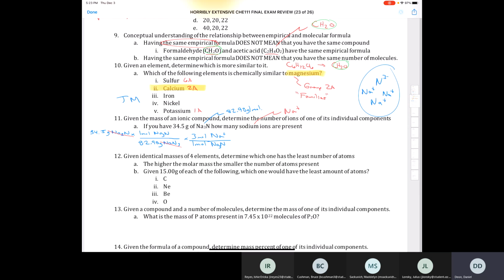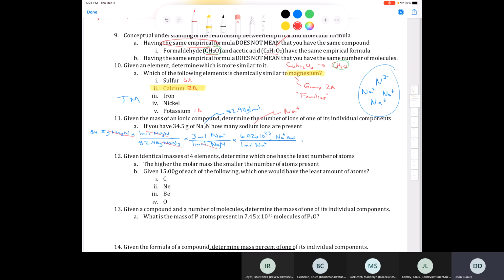number of ions. Well, the good news is that we know that in 1 mole of Na plus, how many ions are there? There's Avogadro's number of them, aren't there? 6.02 times 10 to the 23 Na plus ions. All right, so let's check our units now. We see that moles of sodium nitride cancel, moles of sodium cancels out, and we're left over with the ions of sodium. When you punch all that into your calculator, you end up with a number that should have